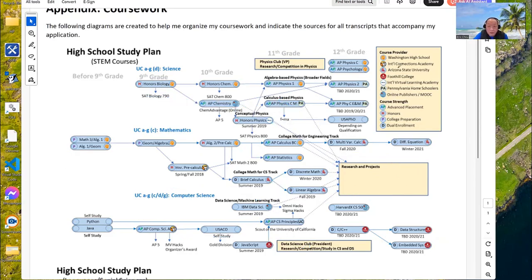So as you can see right here, I have maybe 10 more bubbles. These are different schools that my son used: the Washington High School, the International Connection Academy, Arizona State University, Foothill College, International Virtual Learning Academy, Philadelphia Homeschooler. These are different high schools that he used before. And the whole thing is just to build up a record to help him to do research